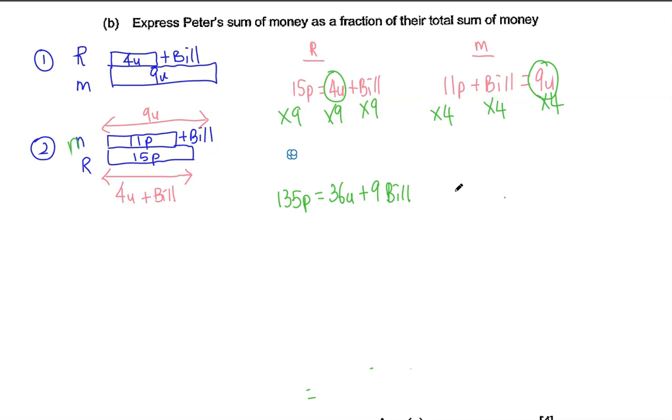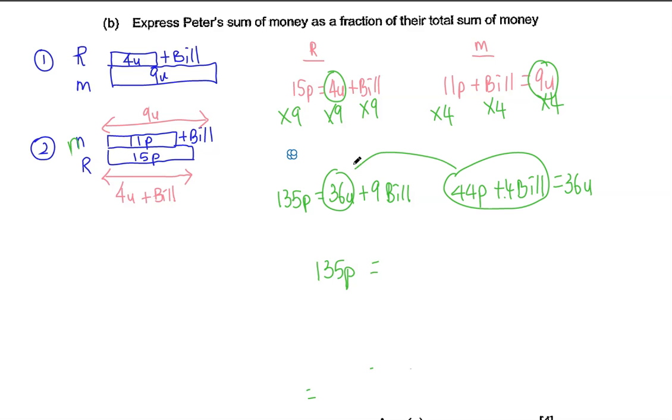And for Mary, I will have 44 parts plus 4 bills equals 36 units. Now, we're going to substitute this equation inside here. You see here, this is 36 units, right? And we know that 36 units is actually equal to 44 parts plus 4 bills. So now I'm going to rewrite this equation here. 135 parts equals, this 36 units will be replaced by this, okay? So I'm going to write this in. All right, 44 parts plus 4 bills